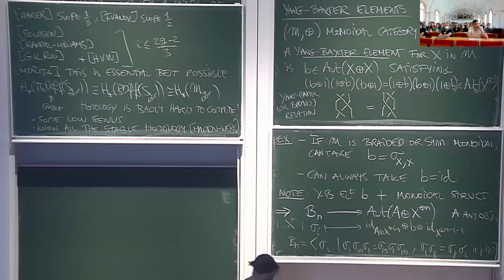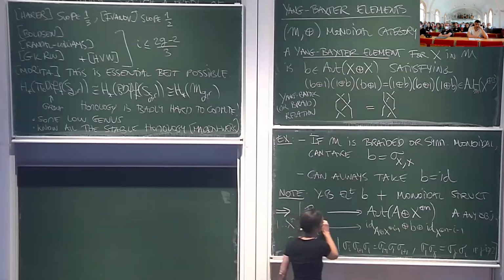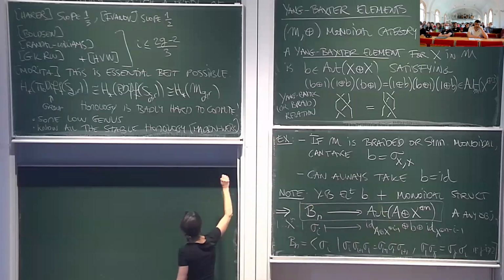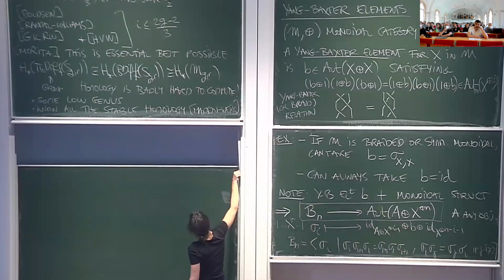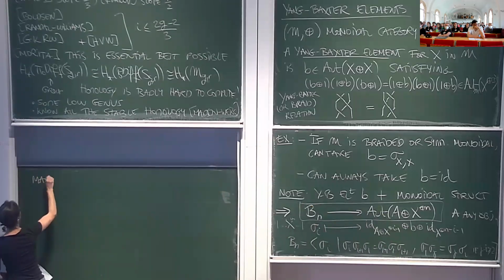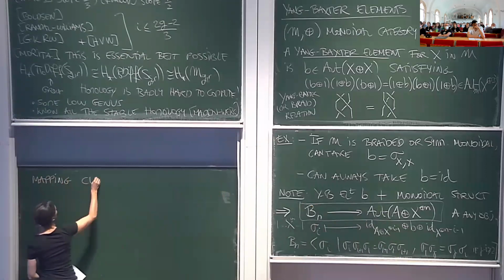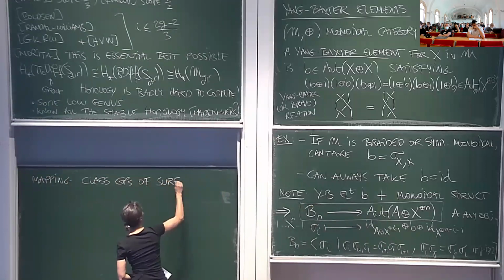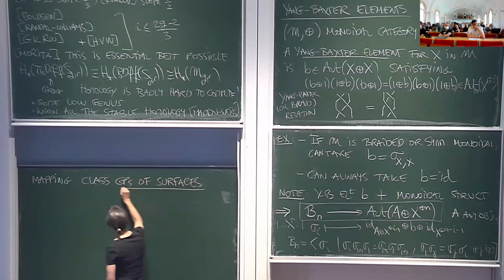Okay, so I wanted to talk about mapping class groups. I told you about Yang Baxter elements. We should look for Yang Baxter elements related to mapping class groups. And I just told you it has something to do with the morphisms from the braid groups. Okay, so we go back to our mapping class groups. And